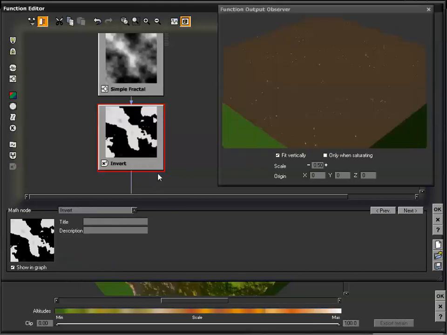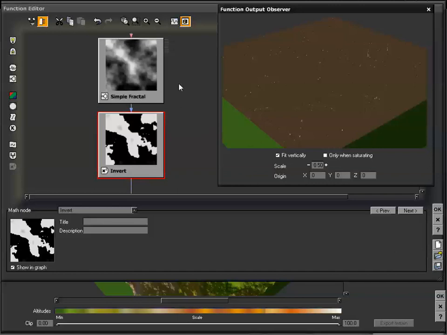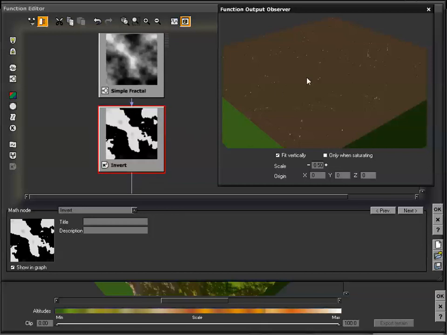We can bring this down to invert. And now, as I was talking about before, where we were using our opposite function for a filter, this is our invert option. And as you can see, it doesn't exactly invert as you would expect it to. It works a little bit differently because we still have our white areas in the same place if we look at our different nodes, and we end up with a very harsh look overall,